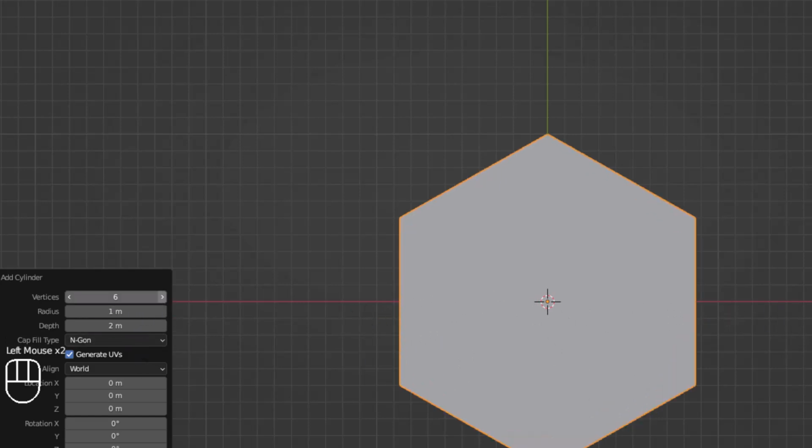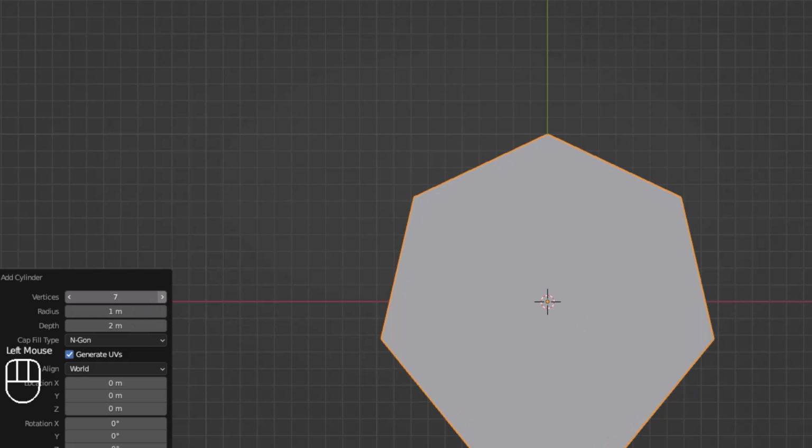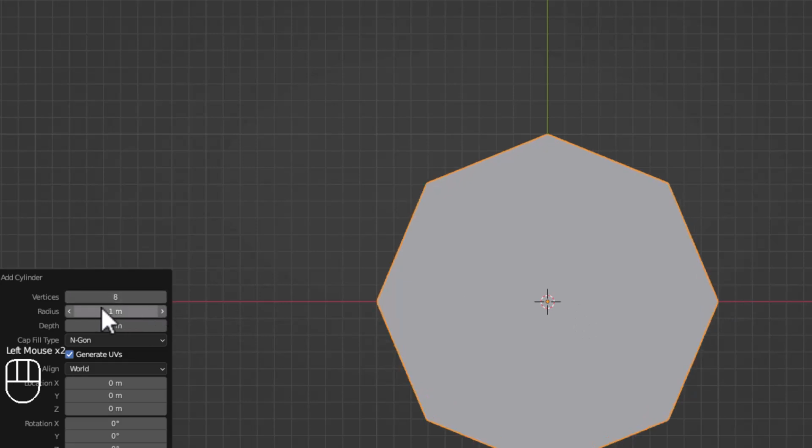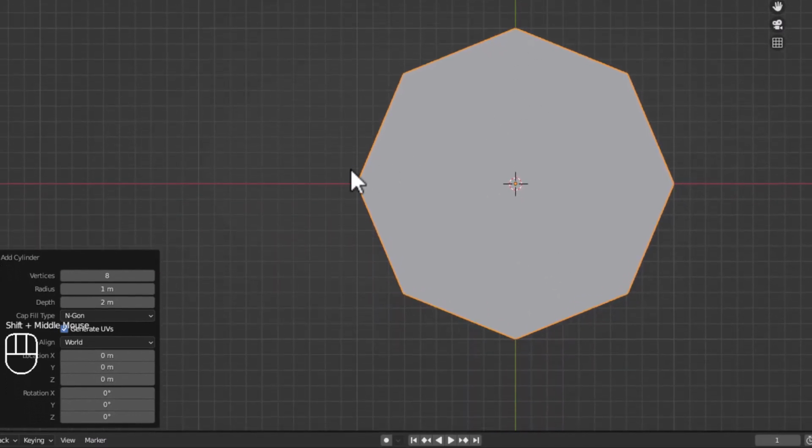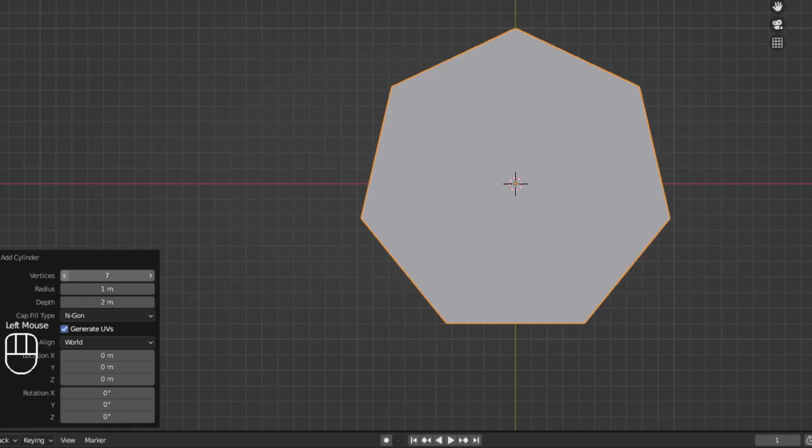So, now if I have 6 faces, it is very difficult to cut it exactly to the half. If I have 7 or 8, so if I have 8 faces, then this point is exactly along the x axis and this point is along the y axis. I will press Shift plus middle mouse and pan it. So, it is very easy to work on the model when these vertices are aligned. However, if I make it 7 point, see, these vertices are not aligned, and to cut it, it becomes difficult.